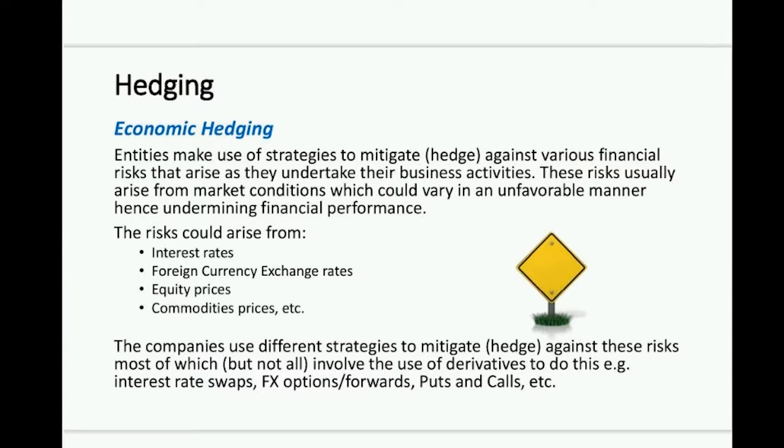Now, an entity could do several things as a result. It could, for instance, decide that it is going to accept these risks and therefore not concern itself with mitigating any risks and leave itself naked to all of the volatility, or it could engage in activities to mitigate those risks. And we call that risk mitigation behavior hedging. Typically, hedging involves the use of derivative instruments, but it doesn't have to.